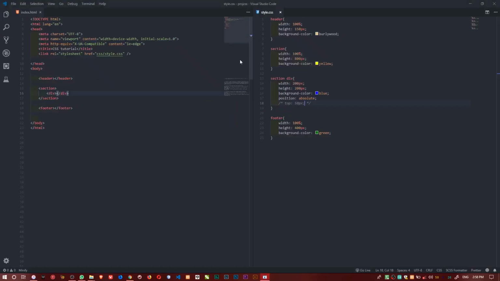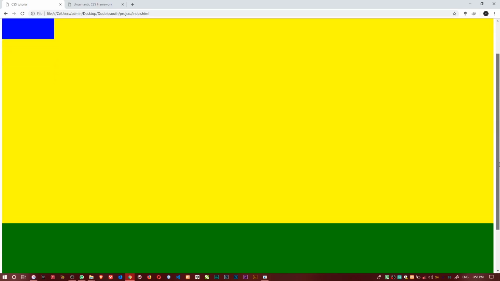But by the time we start to push from the top now, which is what we are doing here now, you see, I say it does not push from this guy who is the parent now. It pushes from the browser, but with the scroll, it scrolls together. You see, it scrolls together.